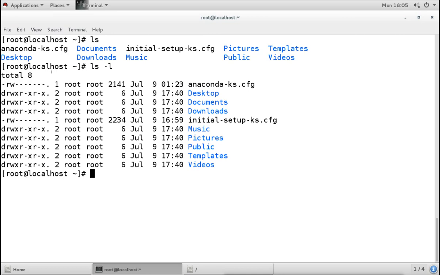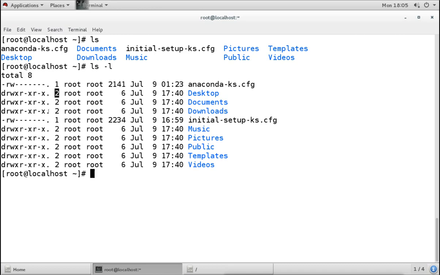After that you will see this, it mentions the link. It mentions the link, that means how many links we have for this particular file or directory. One means there is only one link, that is this file itself. Two means there are two links for this directory. One is here and the other one we have somewhere else.